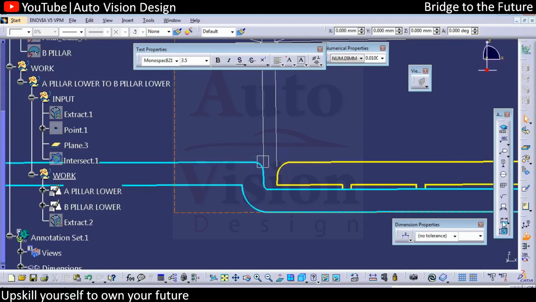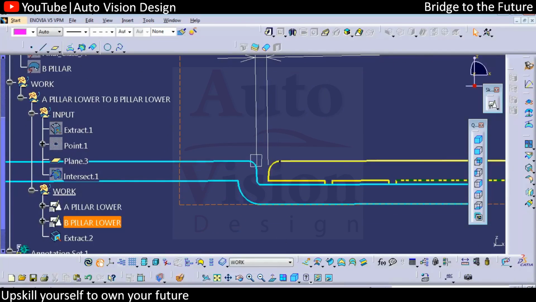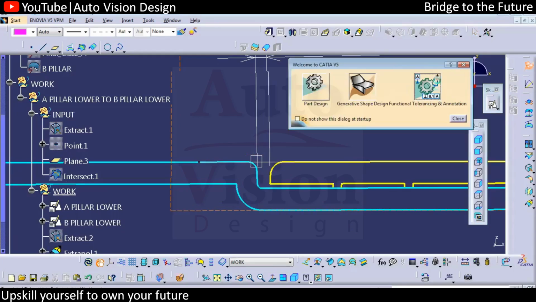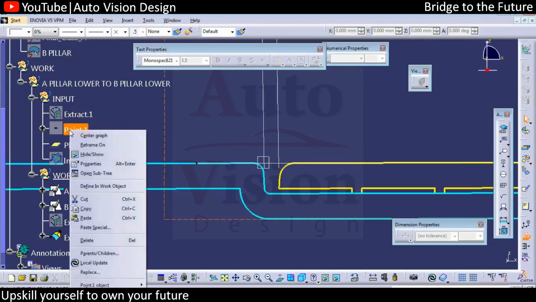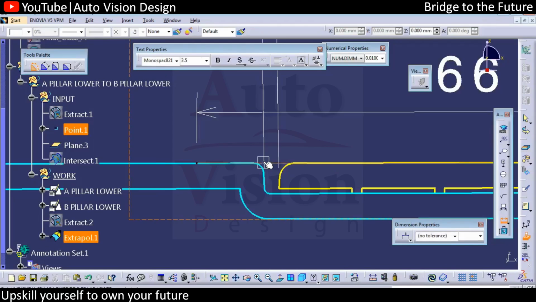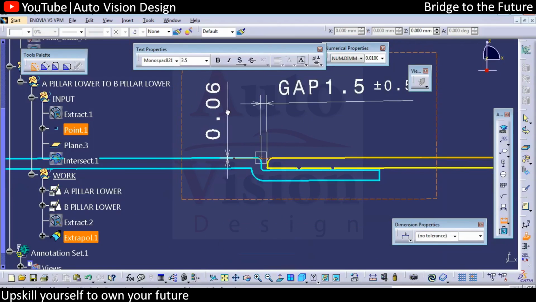So we need to draw some lines, some construction work. With respect to that, we need to create. So we'll have this extract. So we need to perform some geometry. So that added this extracted line. So with this point, we are going to show the dimension from this to this line. Show this dimension as flush value,